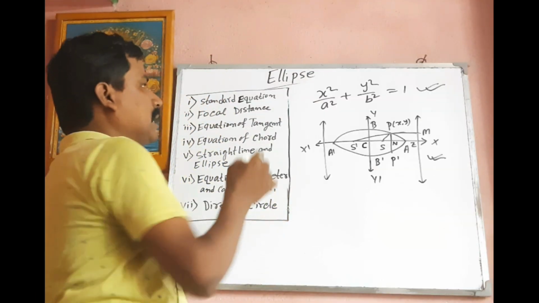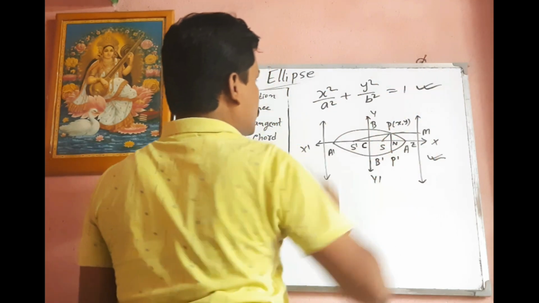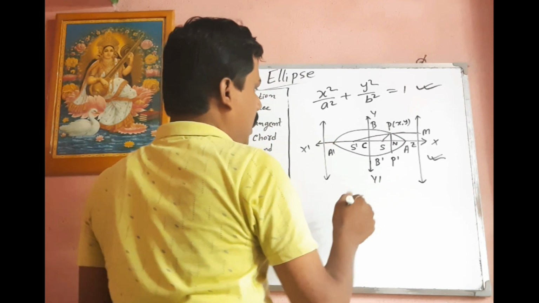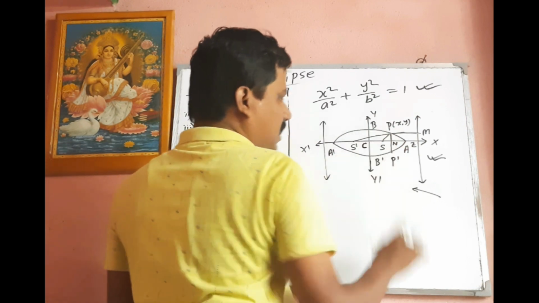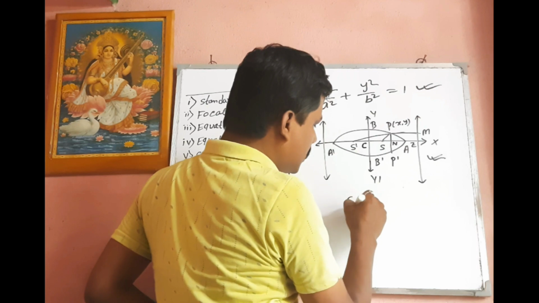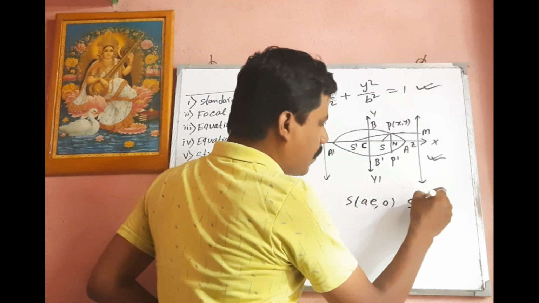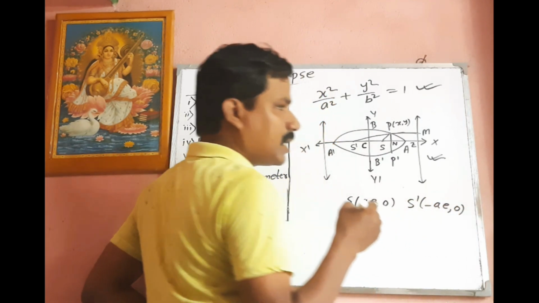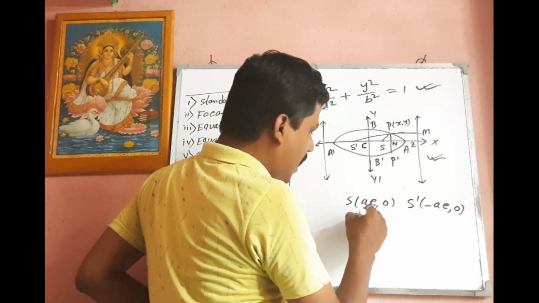Now for the first part, that is the standard equation part. For the standard equation, x square by a square plus y square by b square is equal to 1. The diagram of this standard equation will be of this type. Whereas the coordinate of S is equal to (ae, 0), and the coordinate of S dash is equal to (minus ae, 0), whereas e is the eccentricity of the ellipse, and